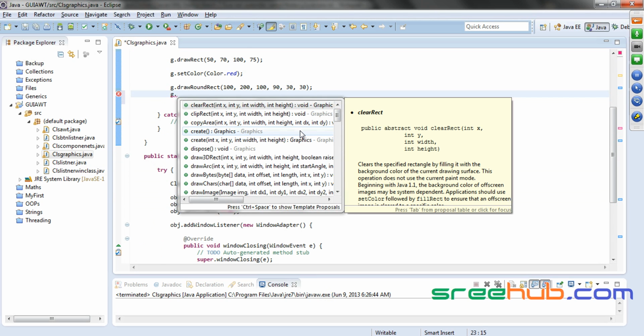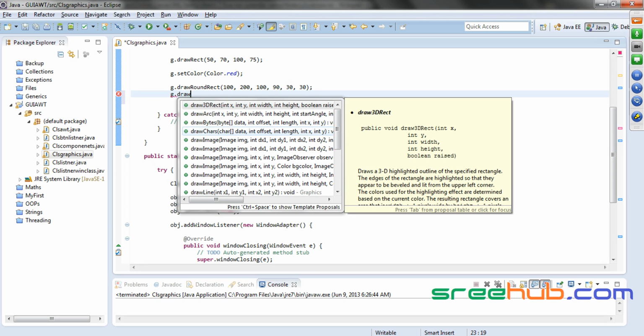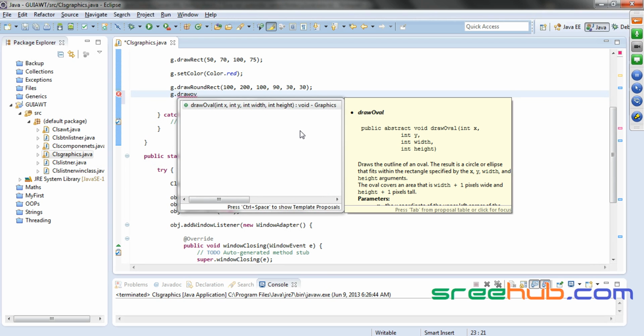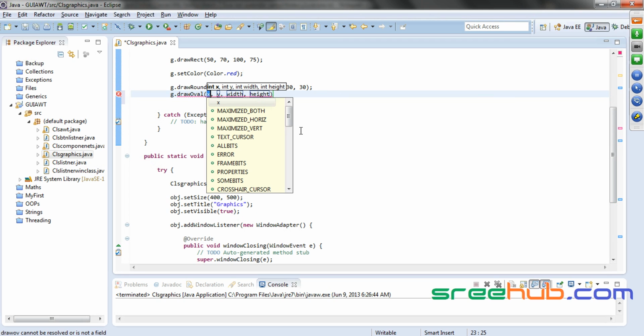We have something called draw oval. Oval is like, we have only one thing which is oval, using which you can draw a square, sorry, a circle, or a direct oval. Again, this contains the same parameters. Let us say we are starting at,